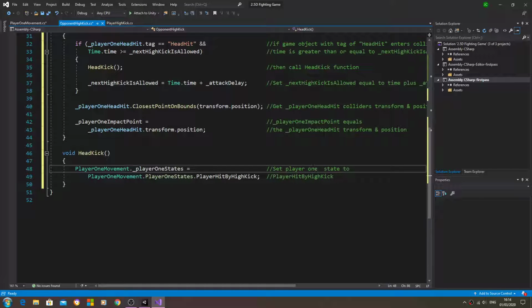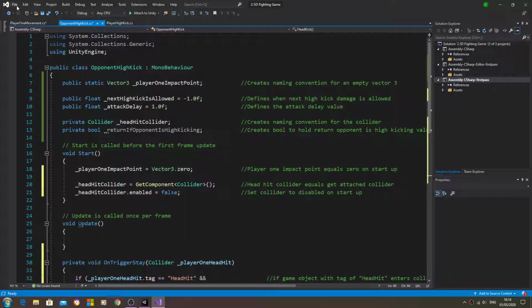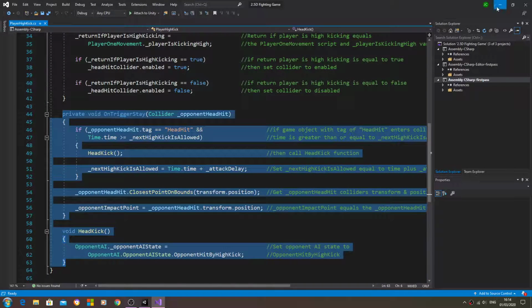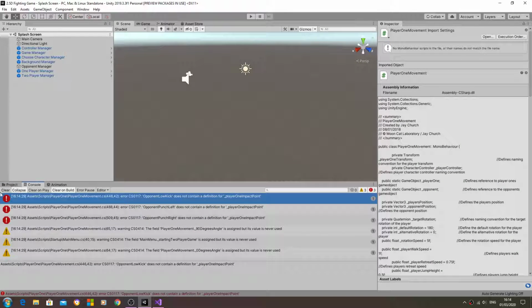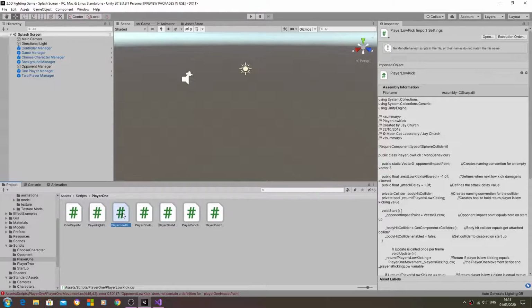Player 1 movement state to equal player hit by high kick. So let's just save that off there, and we'll actually close that. We'll come to the console and,